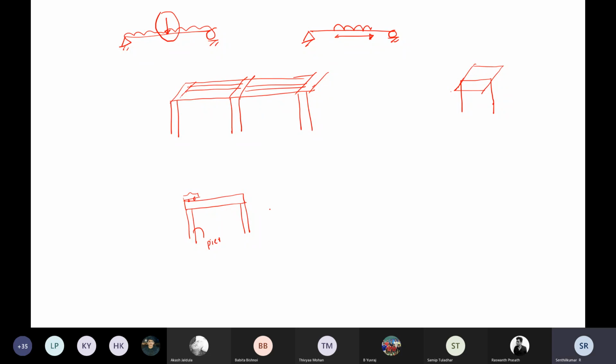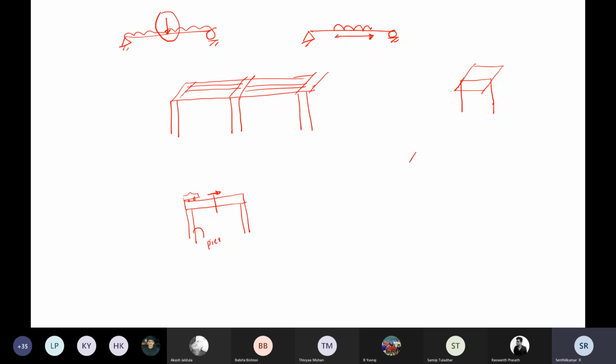But here the vehicle is moving from left to right. It is not going to sit in one particular place. So when it is moving from left to right, how can you design the beam? Where will you get the maximum bending moment and the maximum shear force? For example, if your car is in this position, what kind of forces will develop in this part? Or if the car is in this position, what bending moment and shear force will develop? Like that, we have to analyze.